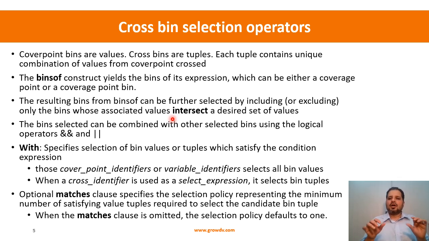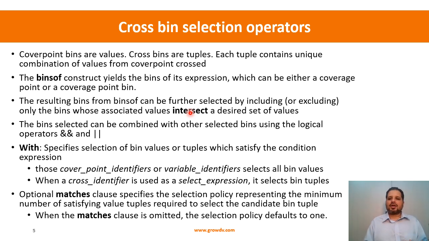So then if I have a big range and I eliminate a subset, then the remaining values I can utilize. So that is one of the ways you can build the selection. Okay, and this combination of bins of and the intersect operator, multiple of them can be combined,